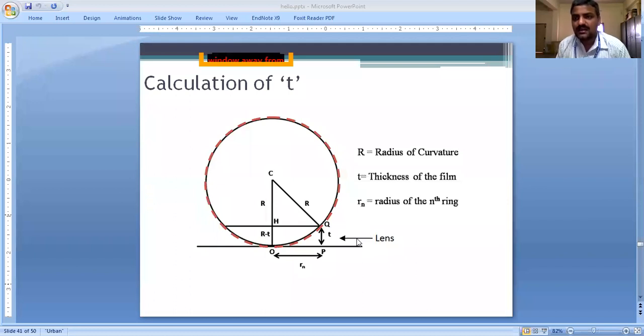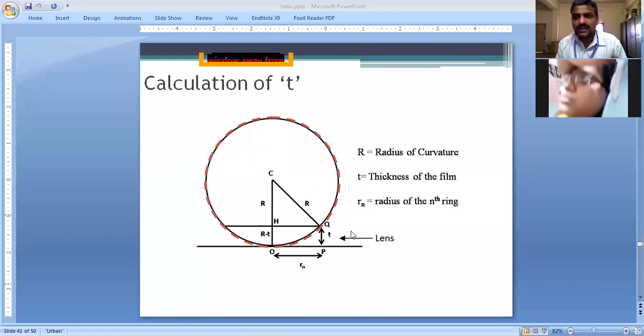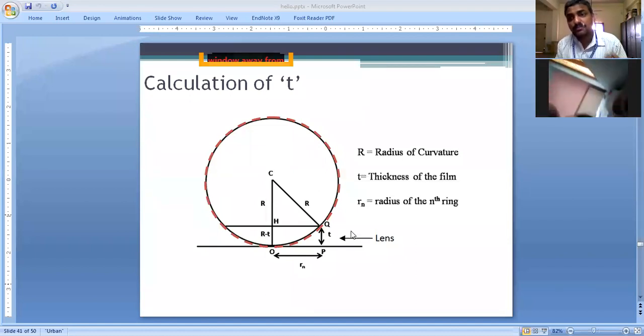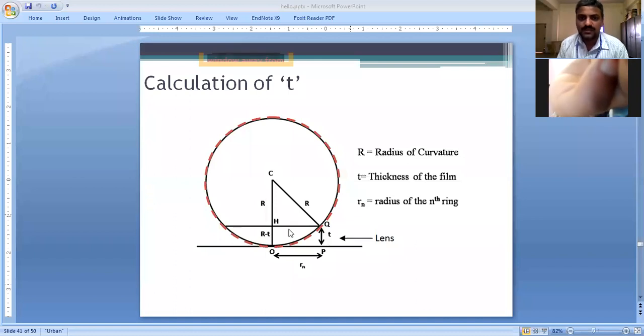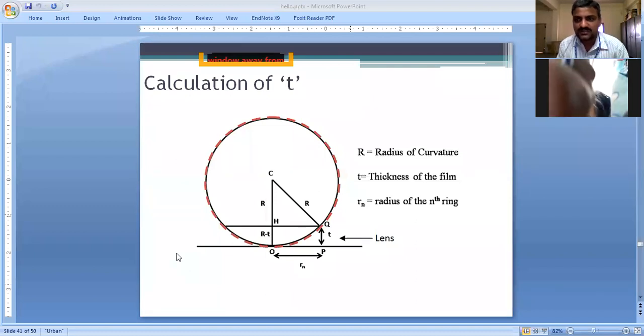If I say m equal to 0 and 2m plus 1, or if you say m equal to 1 and 2m minus 1, they are actually representing the same. My m starts with 0 and your m starts with 1, right? Ultimately, the starting value of the right hand side is going to be the same. So please don't bother about these numbers. If you try to do some problems based on this, you will understand that no matter whether we take plus lambda by 2 or minus lambda by 2, the conditions for maxima or minima are not going to be different, right?